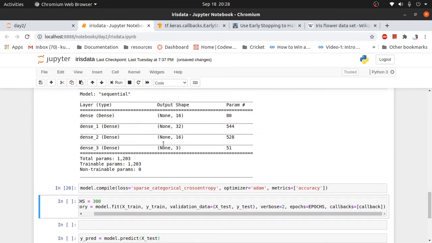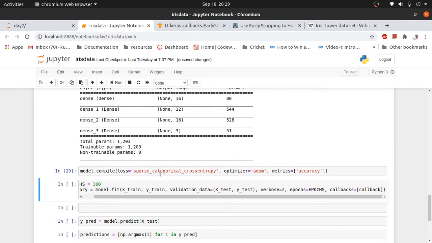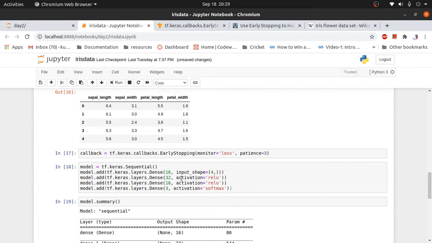Okay, model compile. What we are doing is we have 3 categories. First of all, we are taking ReLU as the activation function, and then in the last layer we have 3 categories, so we are taking softmax, so it will provide probabilities. What the softmax activation function does is it outputs probabilities. So we have 3 classes, so softmax will output probabilities for each class. Okay, so we have created our model.